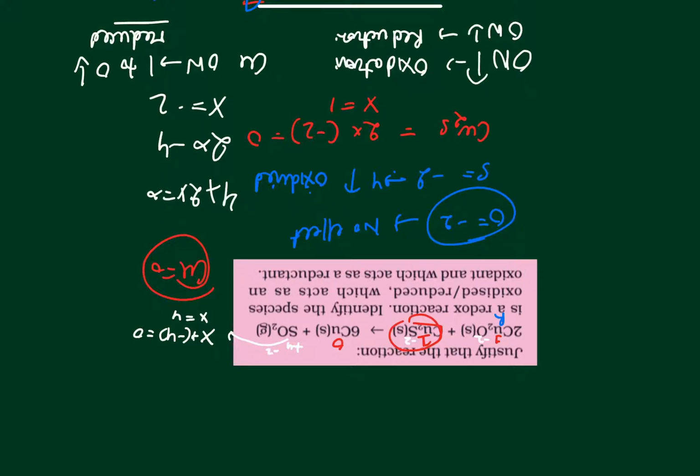Why will it be the reductant? Because in copper sulfide, the sulfur has gone under oxidation. Copper has been conserved, but the sulfur has gone under drastic oxidation in the case of copper sulfide. And the substance which undergoes oxidation is called the reducing agent. So that's why copper sulfide is the reductant. And now you can easily understand, if one substance is a reductant, the other one definitely will be the oxidant. So this is your oxidant.